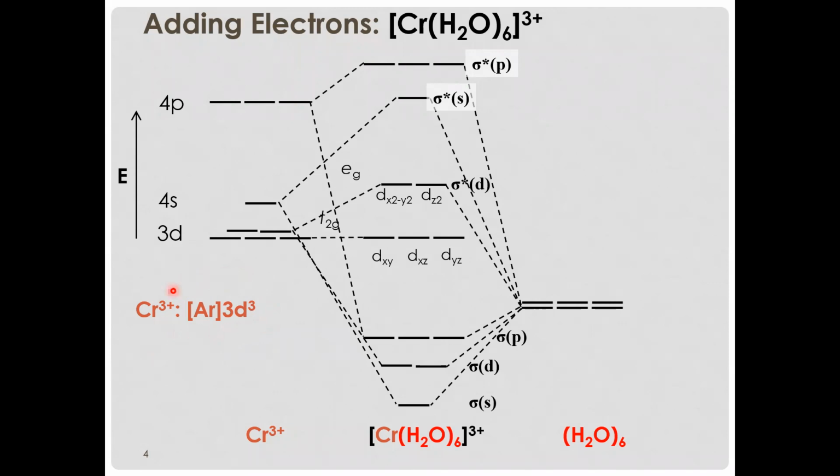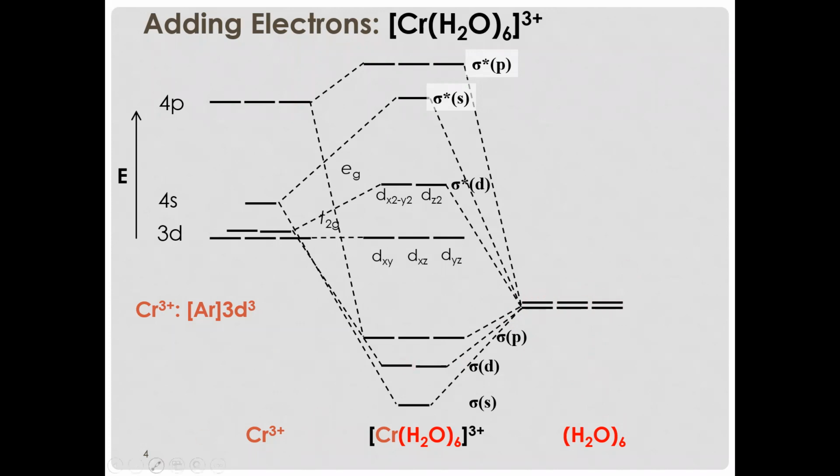Sorry, 3d3. And then we have our waters, and we're just looking at the lone pairs from the waters that are pointed at the chromium. They're going to be taking place over here. So remember that each water has a lone pair on it. So each of these orbitals is going to be filled with 2 electrons that are coming from those lone pairs